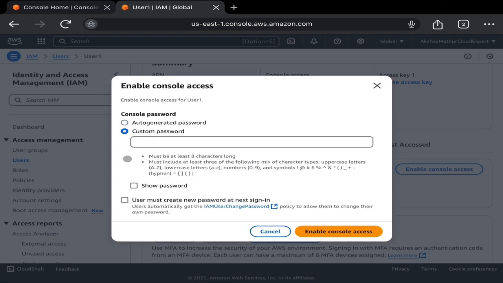The password must be at least 8 characters long. I just create some password. You can select whatever password you want, and if you want you can also show your password while typing. No worries, just click on Enable console access.